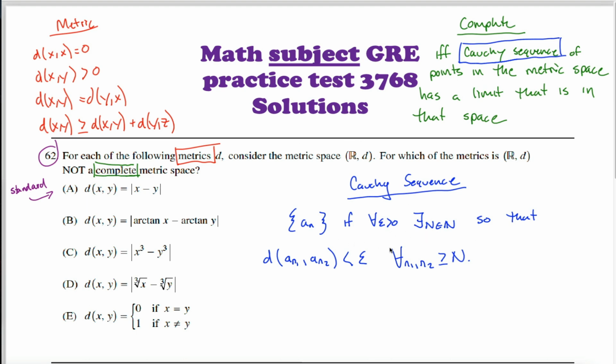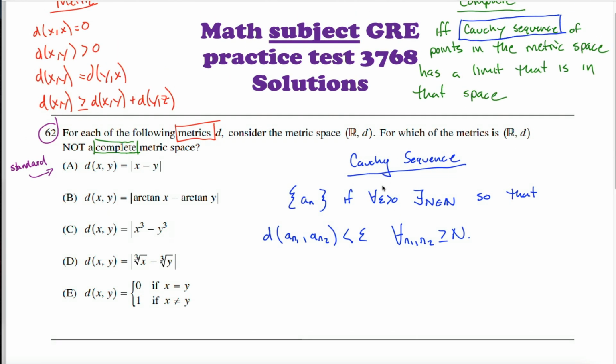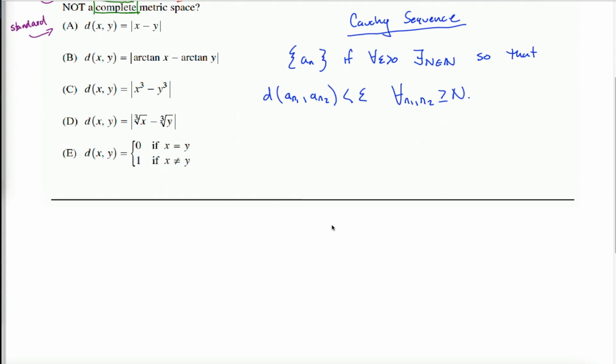And you might be like, wait, wouldn't that always happen? Well, not really. If the space in question has holes in it, either within the space or kind of at the endpoints, then you can absolutely define a sequence so that all the terms of the sequence fall within that space, but the limit does not. So for example, if the space that I'm talking about is the rational numbers, and I use my kind of standard notion of distance given up here in part A, this will not be complete. And informally, the reason why is because the rational numbers have a bunch of holes in them.